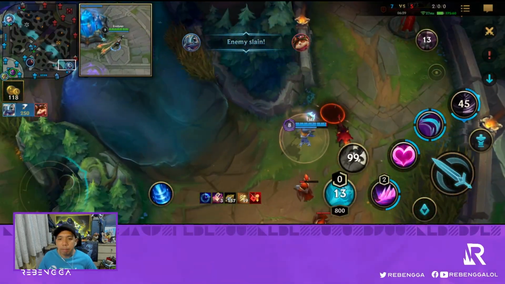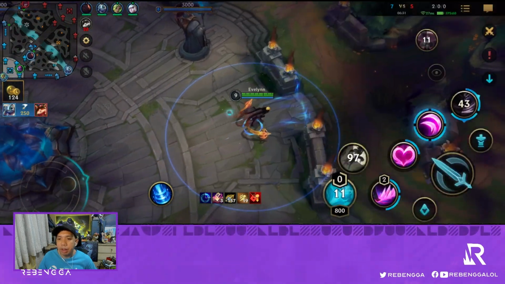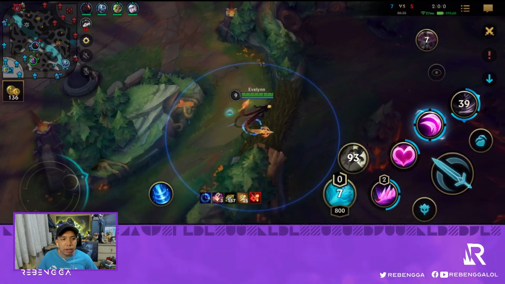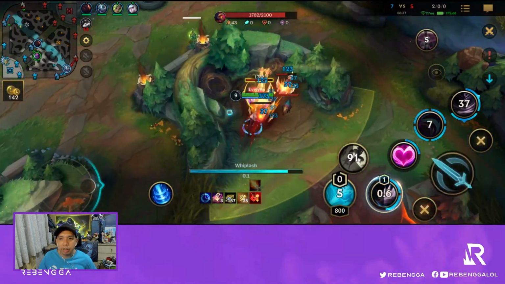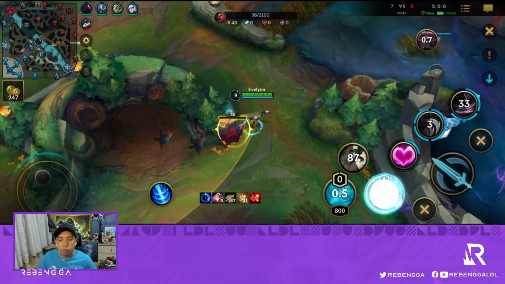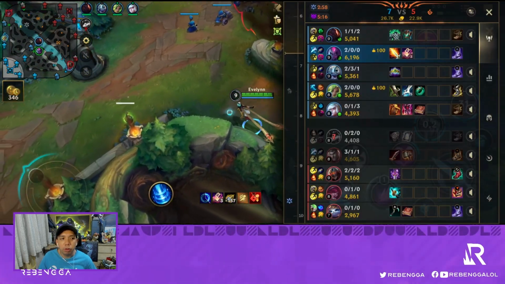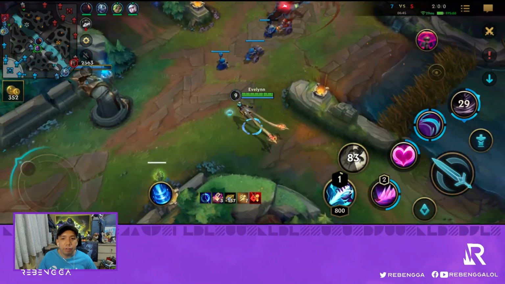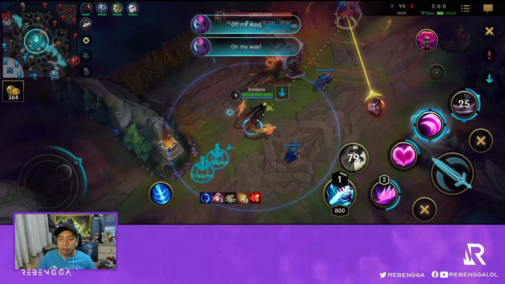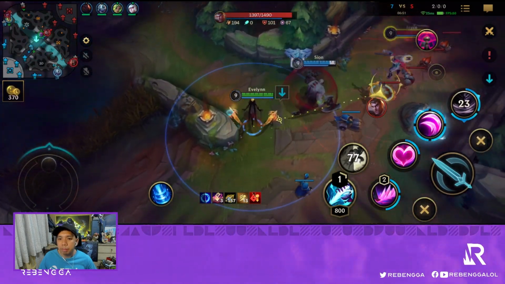Lich Bane is now up, and this should give me even a bigger burst, allowing me to stack my Mejais even faster. Fizz gets a solo kill at the bot side, and things are looking great for us for now. With my ultimate still on cooldown, and with no camps left, I look to see if I go for the bot side, but seeing that Fizz just killed the Zed,